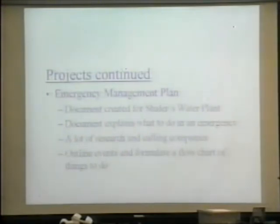The other project I worked on was an emergency that happened right before I got there, down at the water plant. They didn't have a plan on what to do. They couldn't find it. So Tim Rogers, the manager, came to me and said, "Can you build ideas? Have a list of things that might happen and what to do when these things happen." I